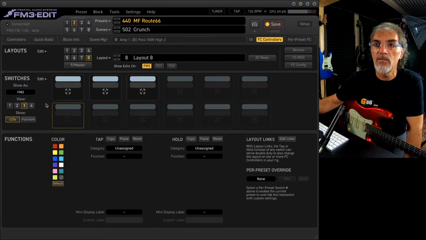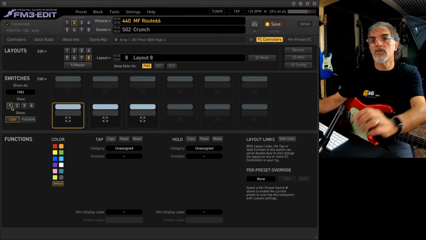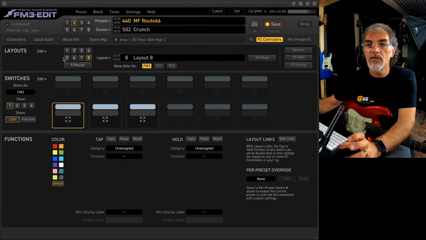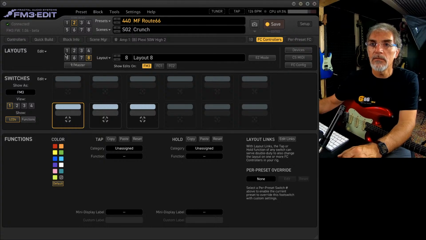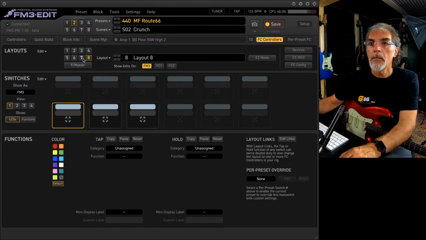If I click on view 3, I can see the footswitches number 7, 8, 9. So you have many possibilities because you have up to 8 plus 1, let's say the total are 9 layouts, where you can decide how to create your layout. And inside the layout, you can navigate through the 12 switches.